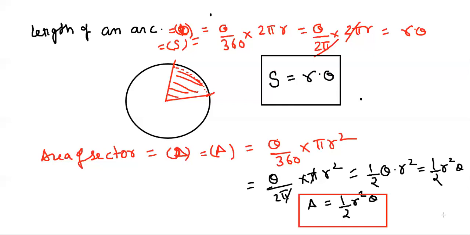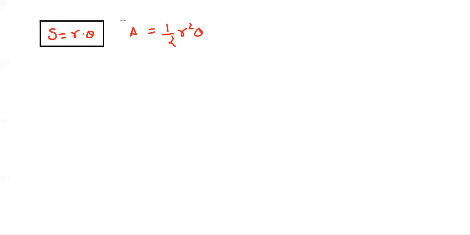I'm taking a new slide. I'll start solving questions based on this. I'll again write down here that length of arc S is equal to r theta, and area of sector is given by half r square theta. Okay, so we can keep this in boxes just to refer. Now we will solve questions, so to refer, we keep it written here. Okay, now let us start solving some questions based on it.